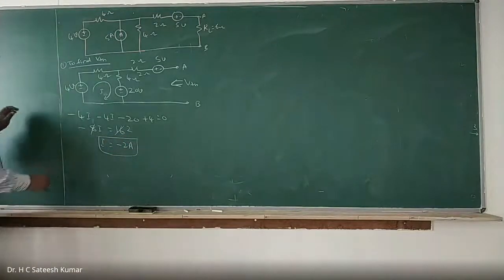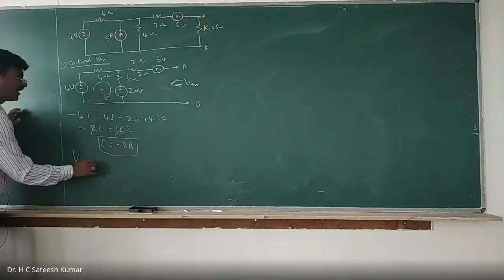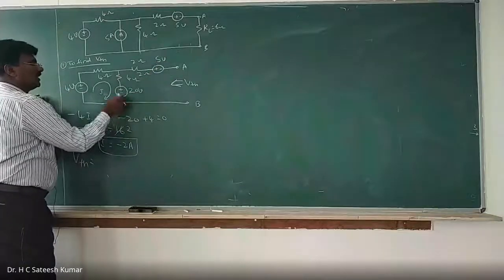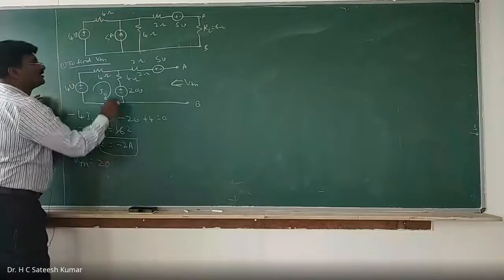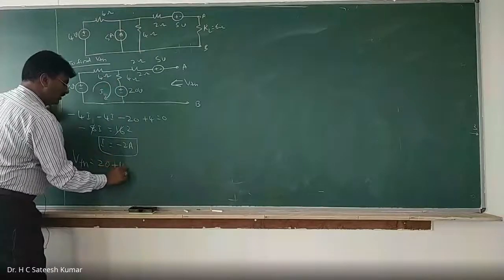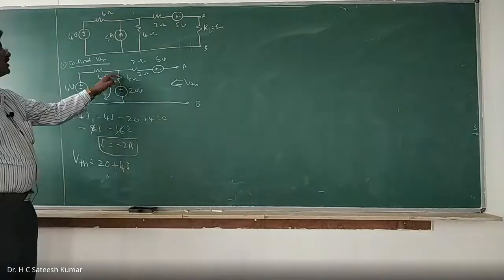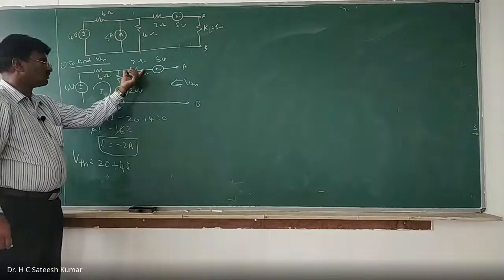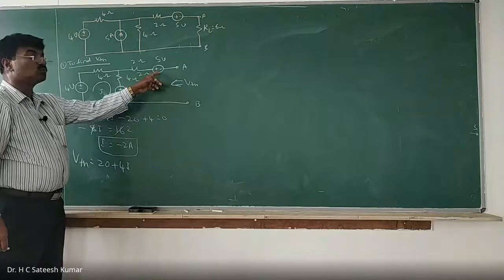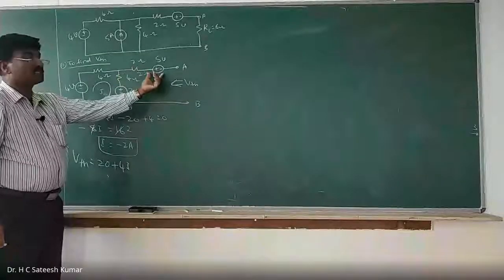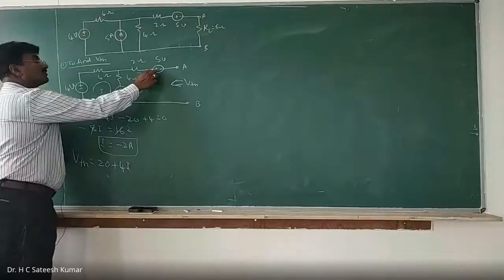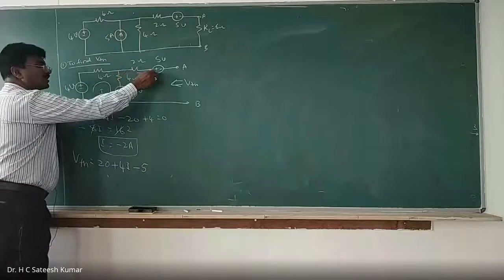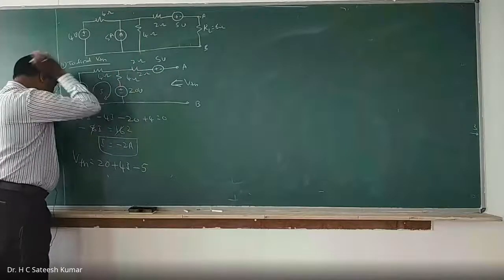Now, find out VTH. What should you do? I will have to go from B to A. Minus to plus, plus 20. Next, plus 4 into I. Carefully observe, 4 into I. Next, here, no current will flow. If no current flows, this will not be considered. But this voltage source we will have to consider, because current may be 0, but voltage exists. Plus to minus is minus 5. We should be very careful. For open circuit, current will not flow,